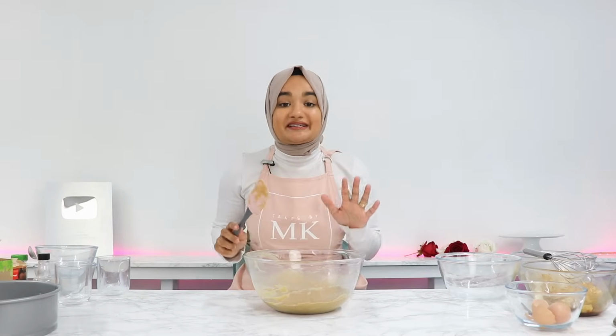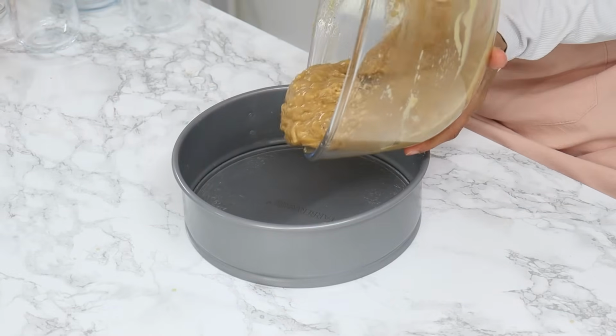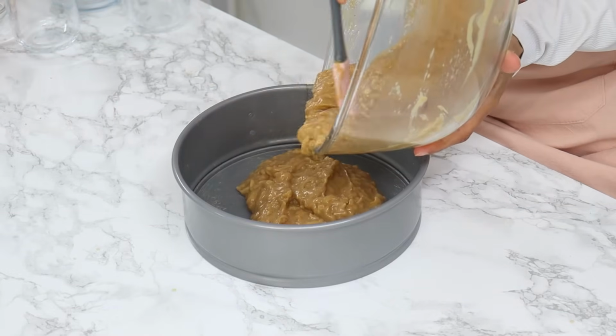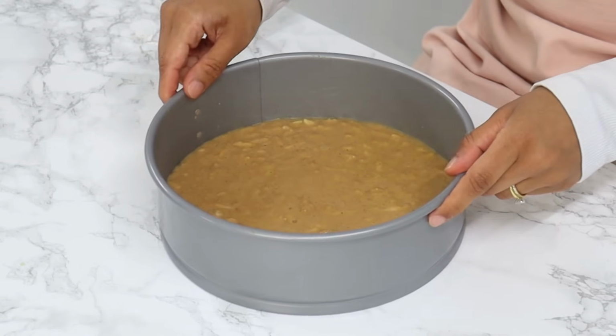Okay, so that is our batter all done. It smells so incredible from all the spices in there. And now it is finally time to bring everything together. So first you want to add your cake batter into your cake tin and evenly spread it out. Now once that's done, give your cake tin one light tap on the counter to remove any large air bubbles,